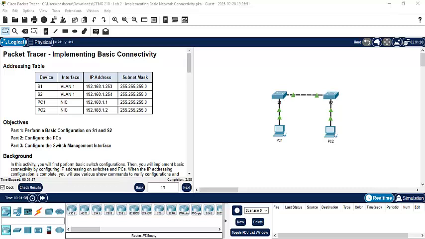Hi everyone. So as promised, this video is to explain this Packet Tracer activity here. So the main objectives of these activities are to learn the basic